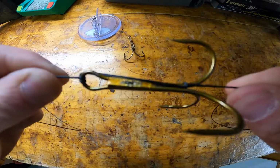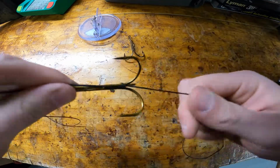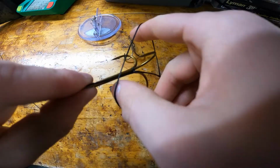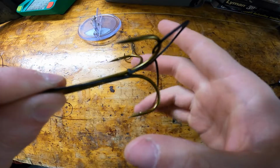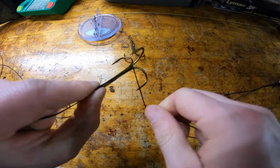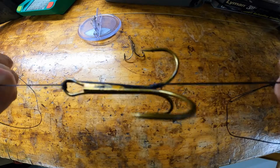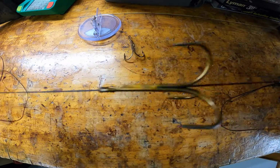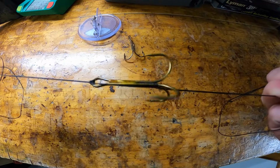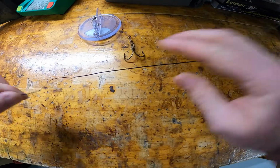And what that'll do is that'll keep it running true and straight down the hook. And then I just like to do it one more time. Just double it over, back over that same barb, cinch it up, and pull it back up tight, back down. And then that will keep your hook straight with the line as it runs through the water and pulls through the water. And then you would just go up another 12 to 18 inches,